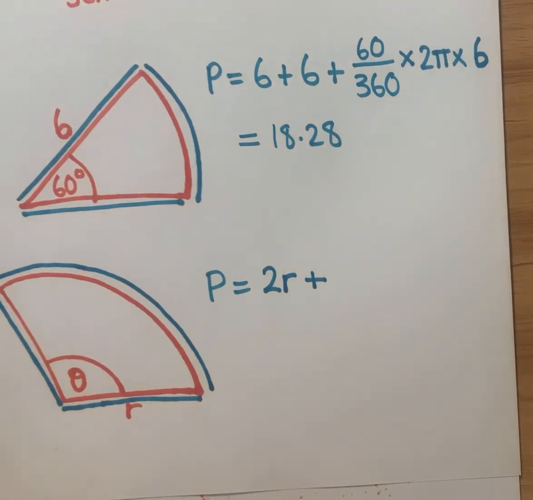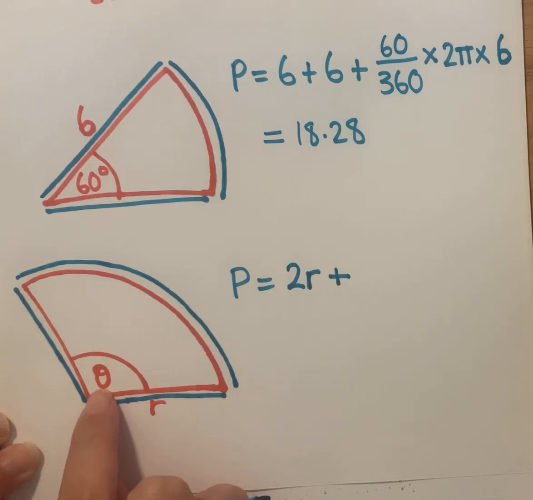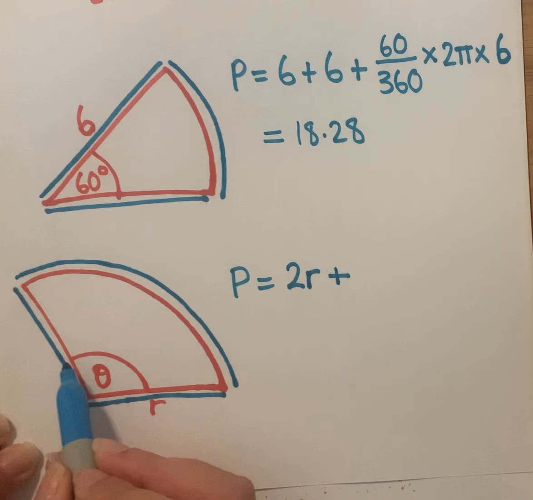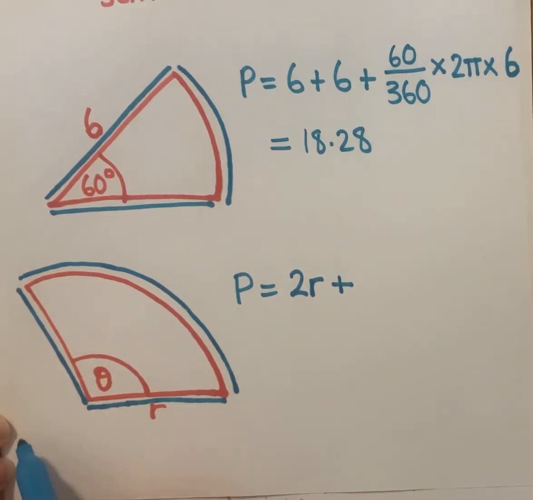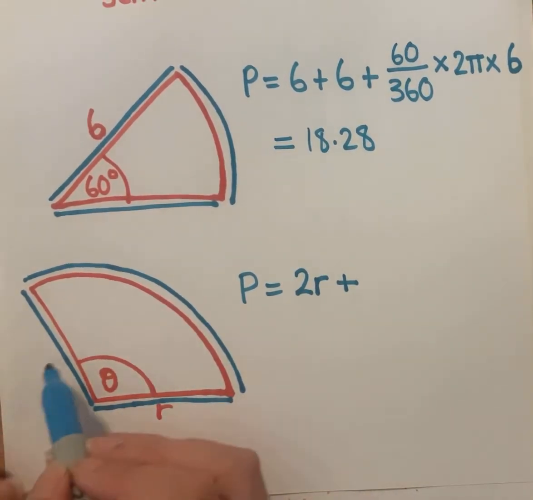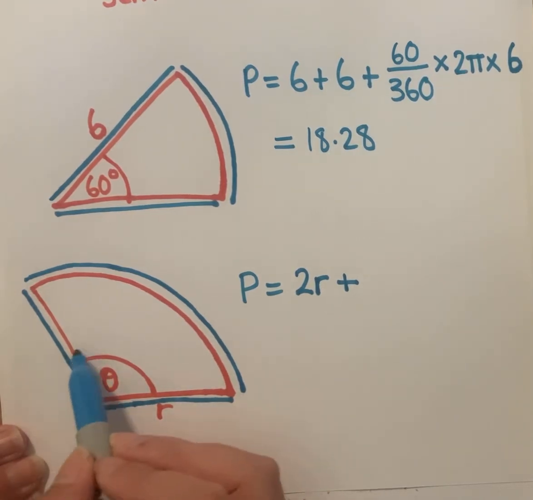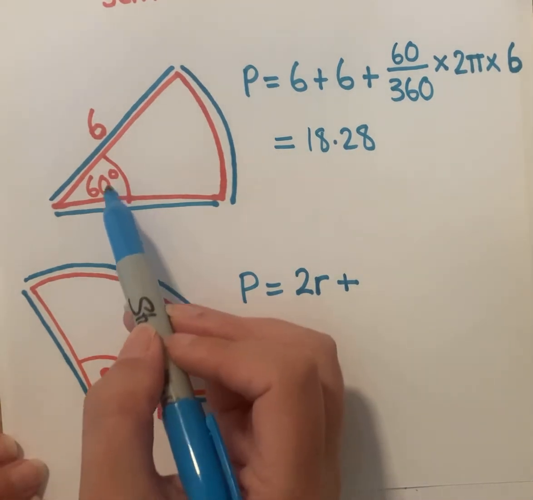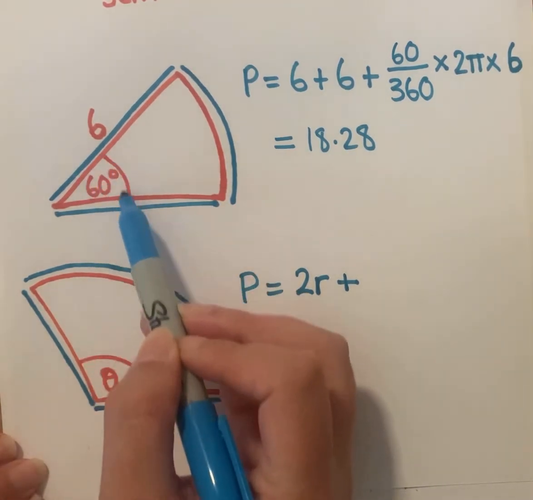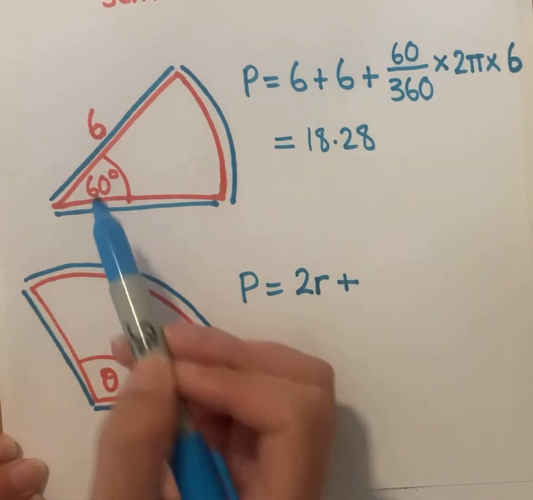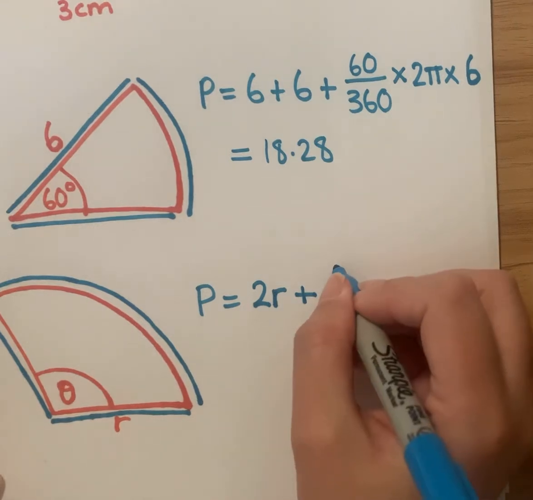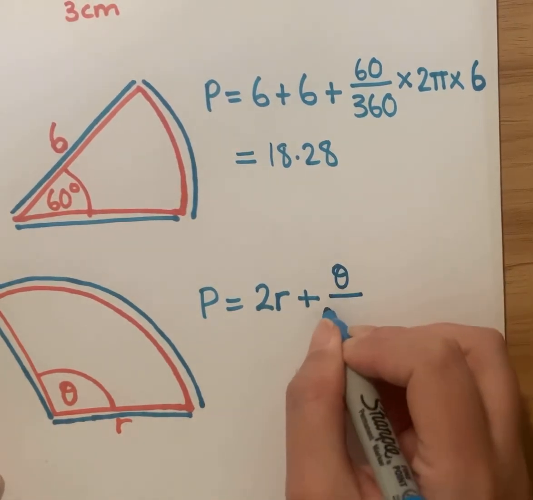And the way we do that is we need to find the fraction of the circle first. So we need to use this angle in here. And we know that if we've got this angle, it has to be out of the full angle for a circle, which is 360. So we've got theta here out of a total of 360 degrees. Same here, we've got 60 degrees out of a total of 360 degrees. So whatever this angle is, we have to put it over 360. So theta over 360,